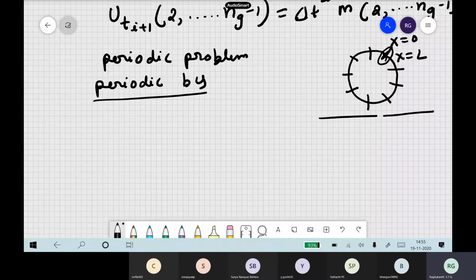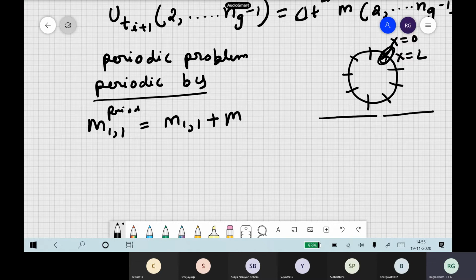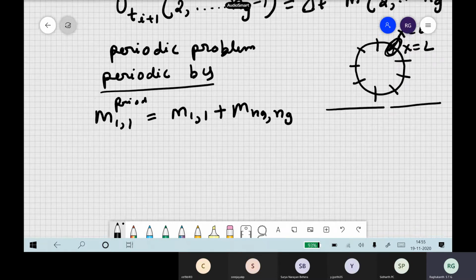No need to do anything in this type of framework. I'm just showing it as a ring, but what I'm trying to say is the same thing is getting repeated after L. So that's a periodic kind of thing. So in this case, your mass matrix, these nodes are the same actually. So your 1 comma 1, whatever you have, you are having 1 comma 1 plus this node actually. So both of them have to be included in your calculations.